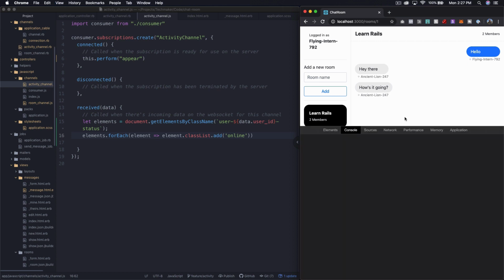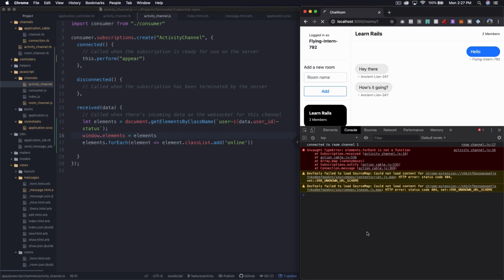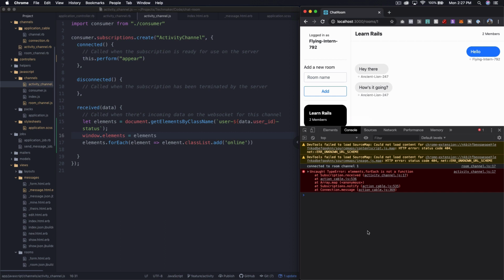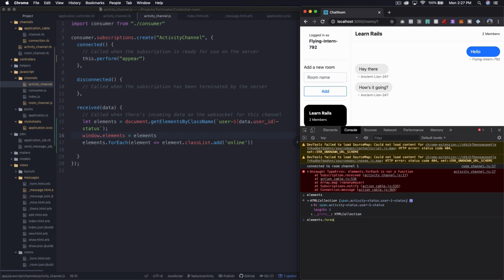Okay, so nothing happened, so let me just check here. For each is not a function. Okay, hold on one second. Let's just debug this really quick. Okay, so what do I have in elements? I have an HTML collection. Okay, so for each is not a function on an HTML collection, so I have to basically just loop through